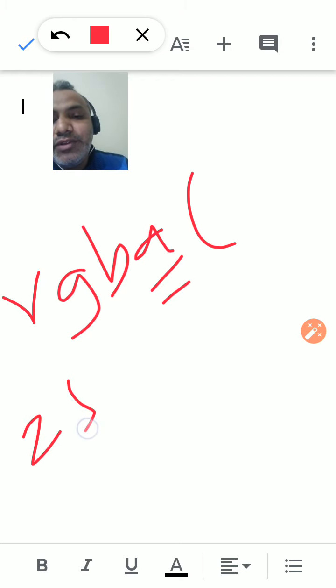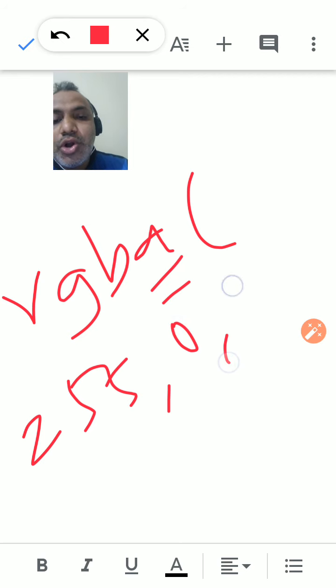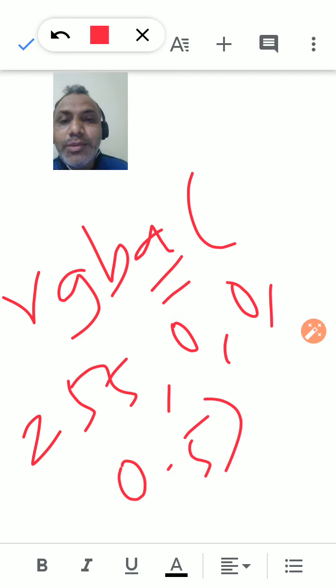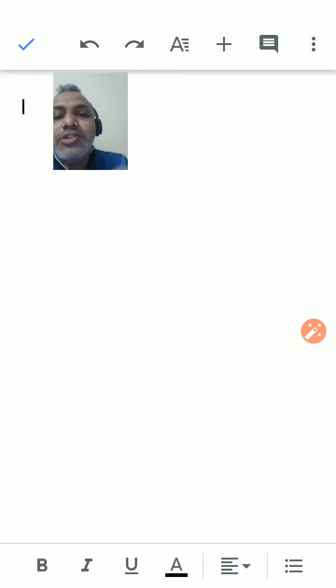Suppose we take 255 comma 0 comma 0 comma 0.5. It means we provide that red color with a transparency of 0.5, that is 50% transparency. If I take 1 instead of 0.5, it means the red color has very little transparency.